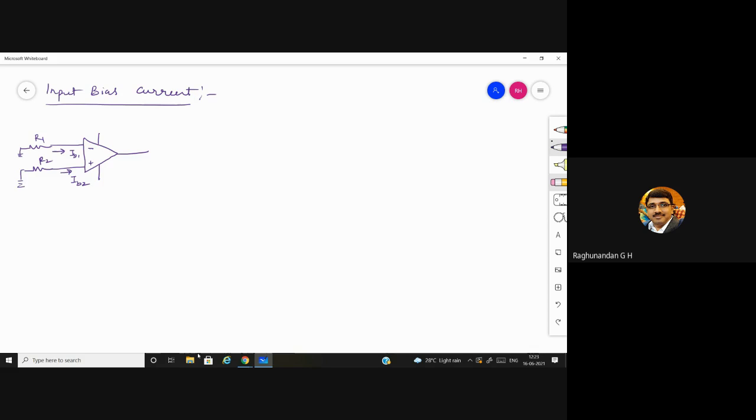Inside this op amp, since it is a differential amplifier, it will be having two transistors. And as we know, these input terminals are going to connect to the base of each transistor. This will go and connect to one transistor, and this will go and connect to the other. Just a common sense question. In this op amp, we are considering two transistors. Will they be identical, or should we consider some different transistors?